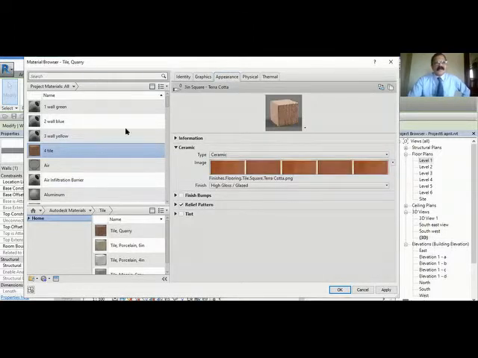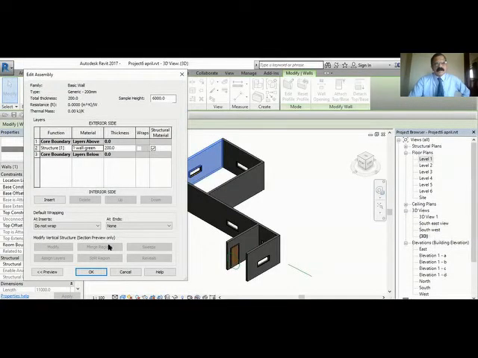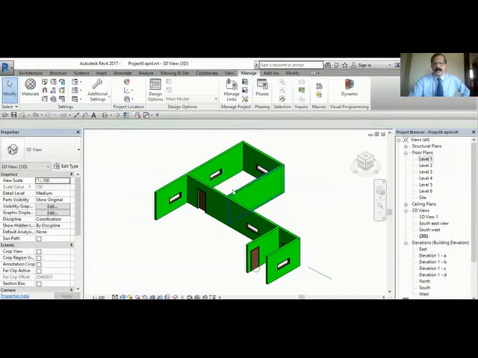Okay. Now let us see one by one. Suppose I want to apply this wall. You can see the green color. Okay. Apply. You can see the green color for all the walls. See, the walls are all green throughout, outside, inside, top, everywhere.